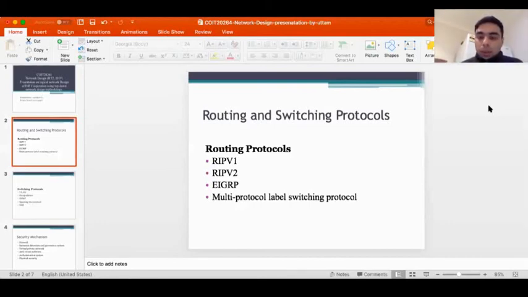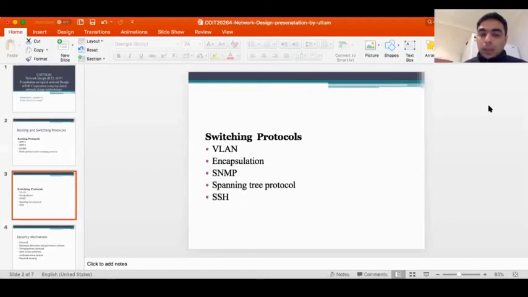After this routing protocol, I'll talk about the switching protocols. Switching filters prevent network traffic that should not be forwarded and prevent forwarding collision. And there are services which use these switching protocols, which include VLAN. It is a virtual network which allows broadcast domains to be defined without the use of routers, and along with that, encapsulation is used. It is added between the routers and switch to create the bridge network and allows the communication between VLAN and